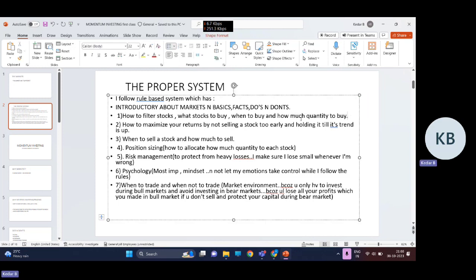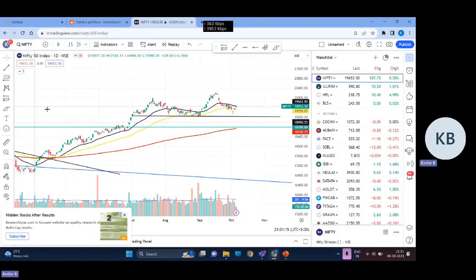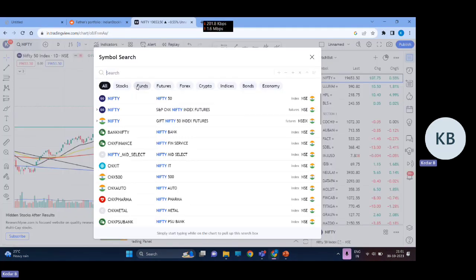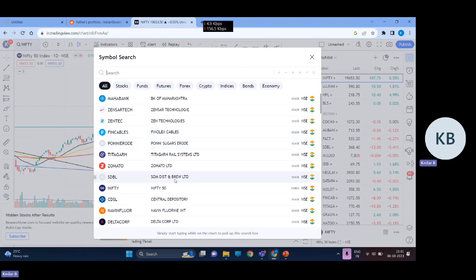It is important. Next is how to maximize returns by not selling a stock too early and holding it till its trend is up. What I mean by that is I don't sell too quickly. What I've seen many people do is buy a stock, it goes up by some percentage, and they quickly sell it with the fear that it will fall now. By following proper rules, you will avoid this. For example, let me show you this stock